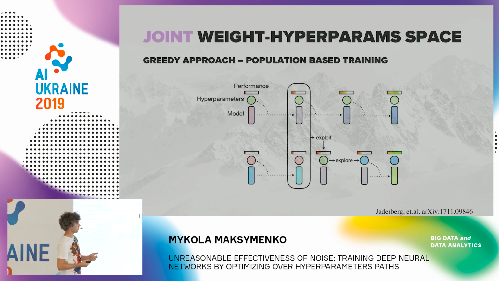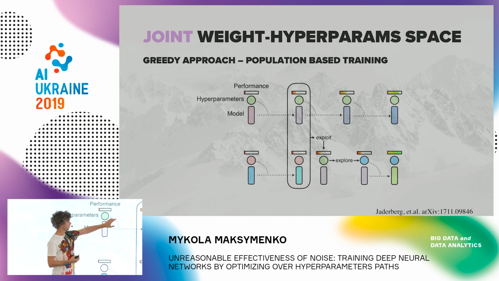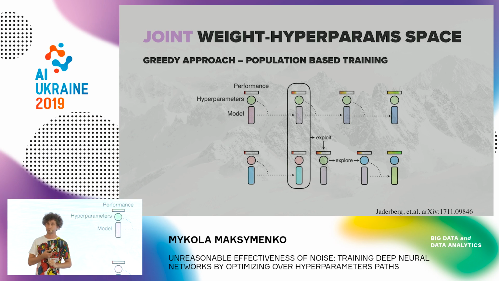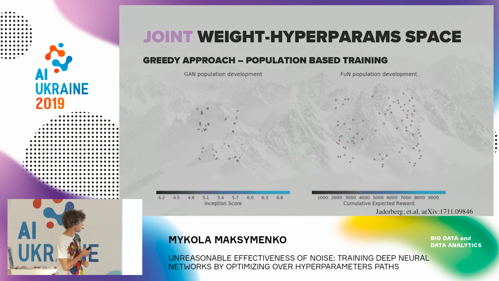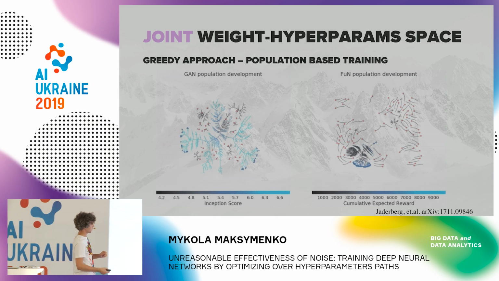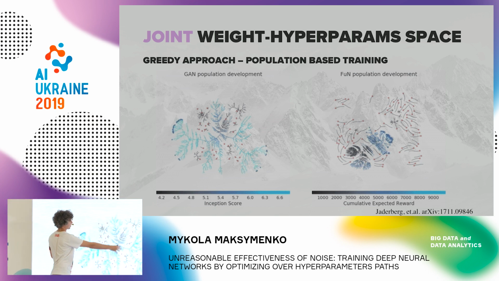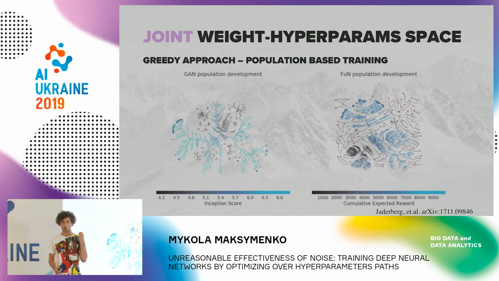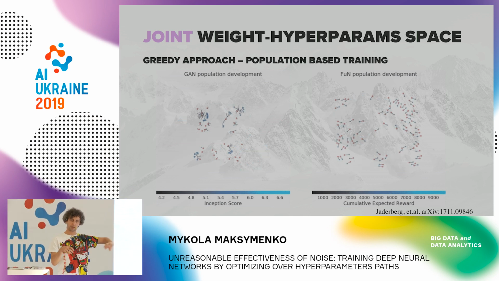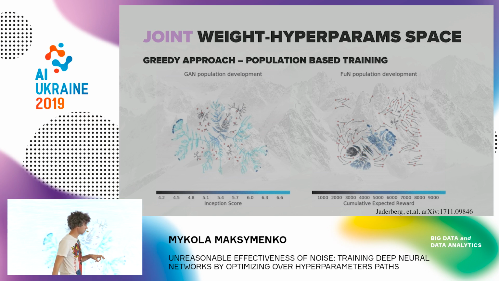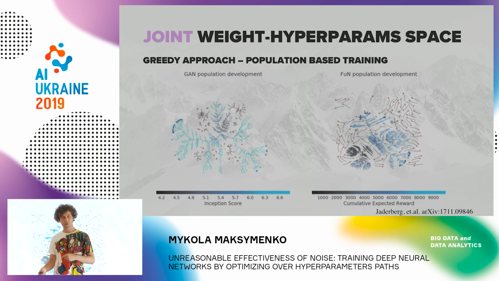So in this case, you actually exploit the fact that this model trains better and explore a little bit around that vector. So the idea, if you look at how it looks in this hyperparameter space, is that you have multiple starts of your models, but then you converge to some dominant tree of the hyperparameters. This is actually a paper by DeepMind, and this is a method that they use in production a lot.